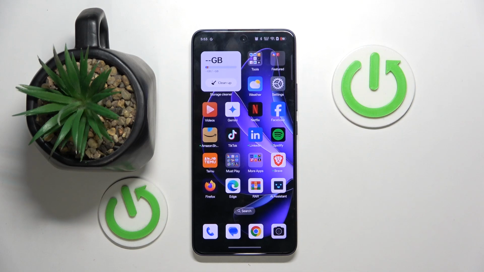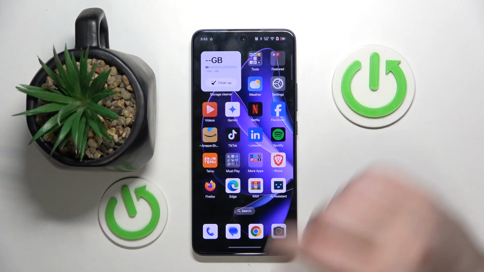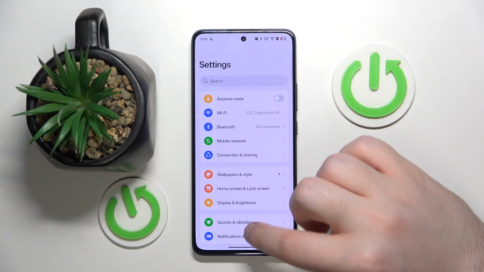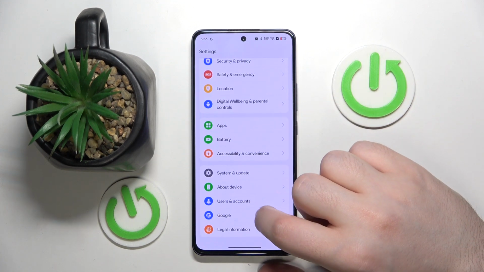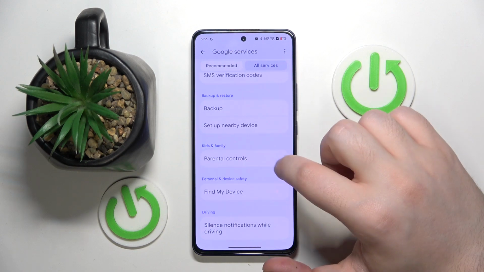Hello! In this video I will show you how to set up parental controls on OPPO Reno 13F. So you have to start by opening your settings application, then you have to scroll down and click on Google. Now click on all services and then you have to find parental controls